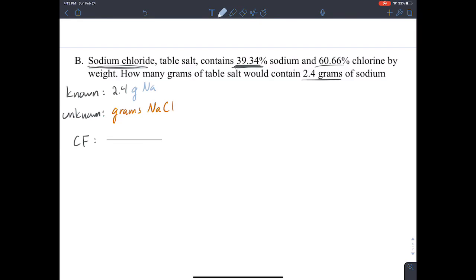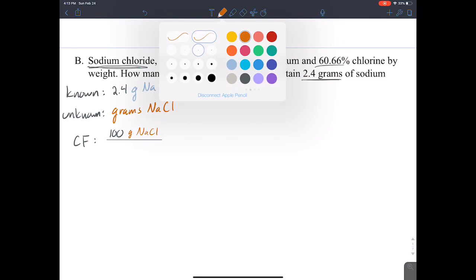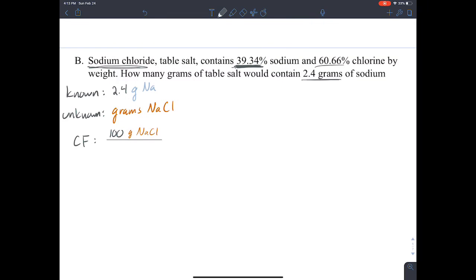So for every 100 grams of sodium chloride, I could do this with any number if I do the math to figure it out, but obviously with a percentage, it's easiest to do 100% or 100 grams. For every 100 grams, I have 39.34